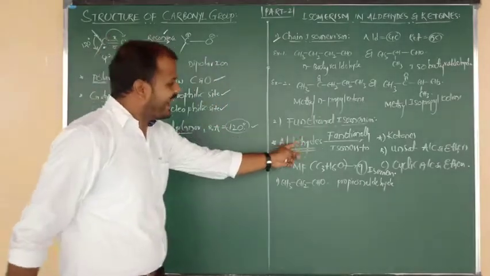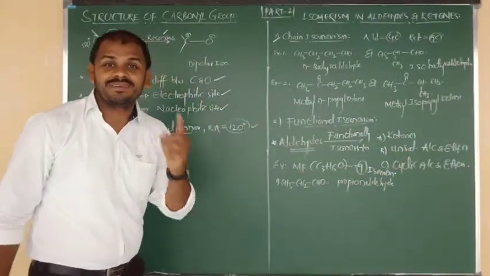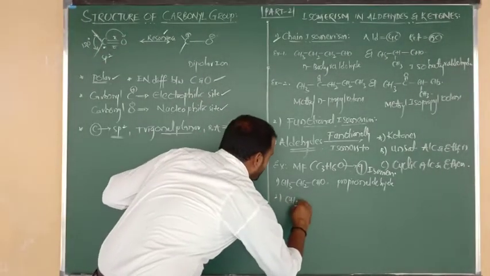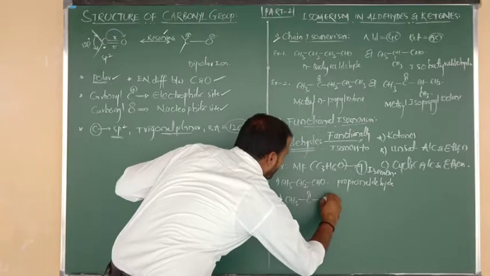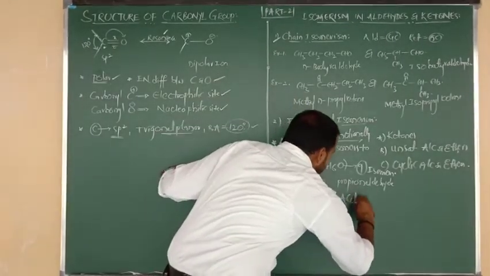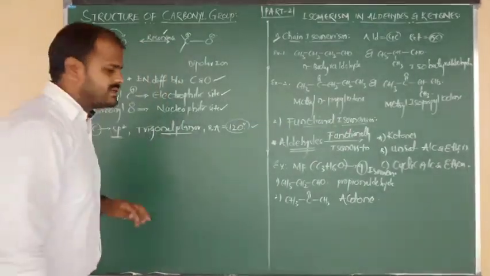Next, aldehyde is functionally isomer with what? Ketone. So 3 carbon ketone is nothing but acetone. Yes, number 2 is nothing but CH3 bonded to C double bond O bonded to CH3. What is the name of this compound, beta? Acetone. Otherwise we can say propanone as you wish.